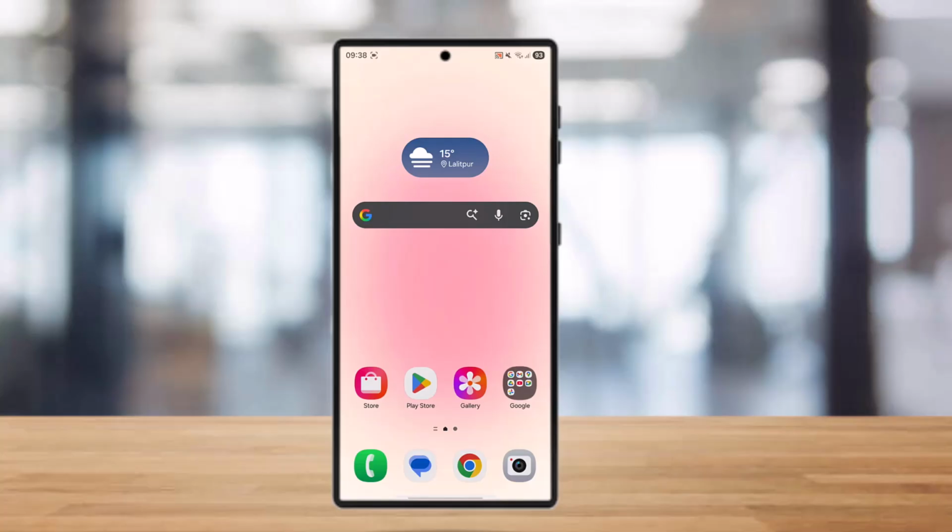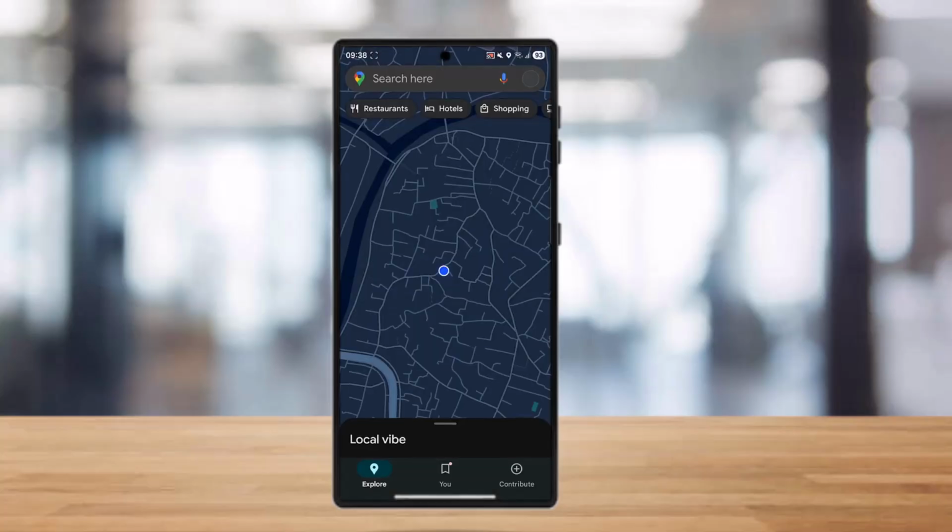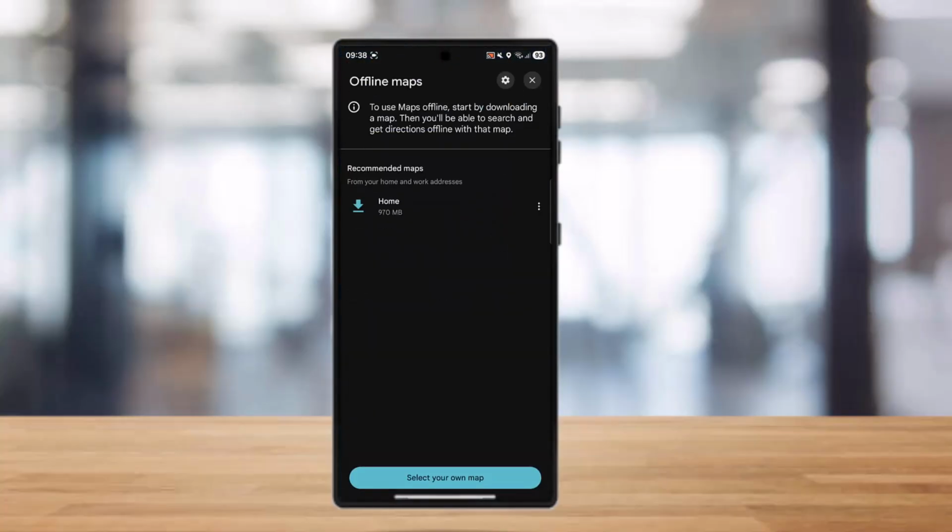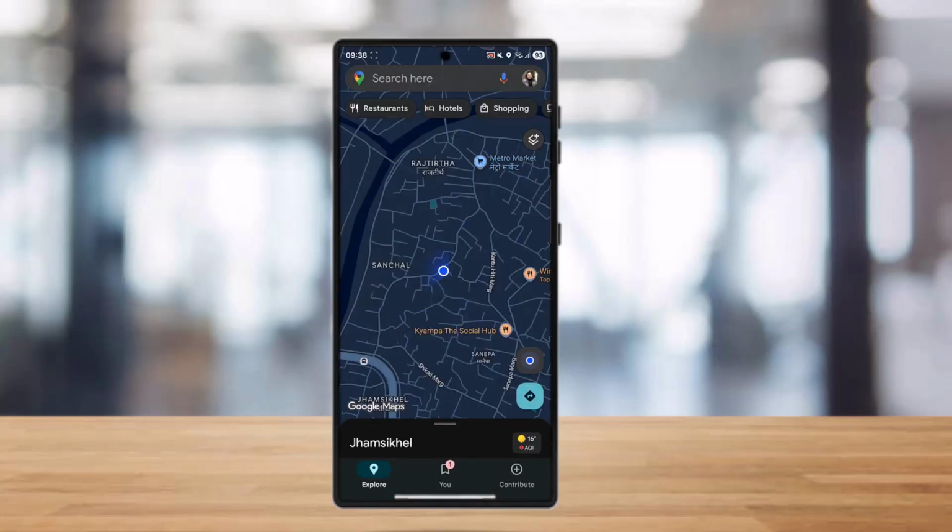So if you want to use Google Maps without your internet, then the first thing you need to do is simply go to your Google Maps. And once you're in your Google Maps, you need to download a map area while you are connected to Wi-Fi by tapping on the profile picture and selecting offline maps. Now you can select your own map, adjust the area and tap download, and the map will enable navigation and